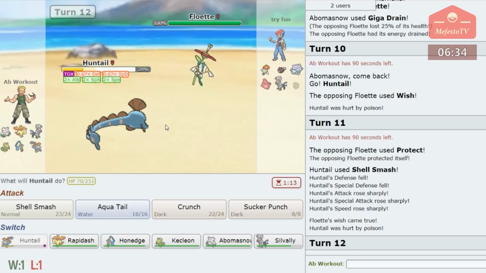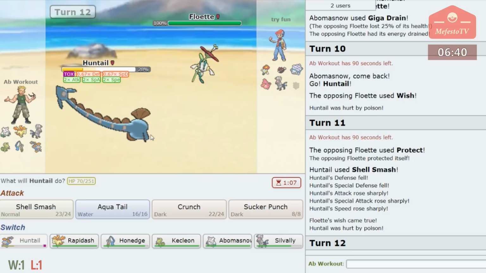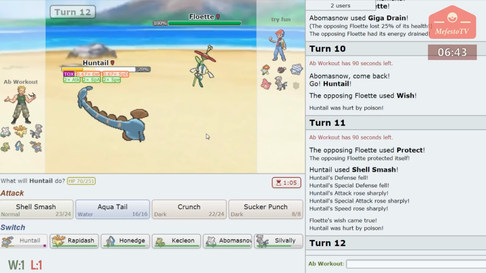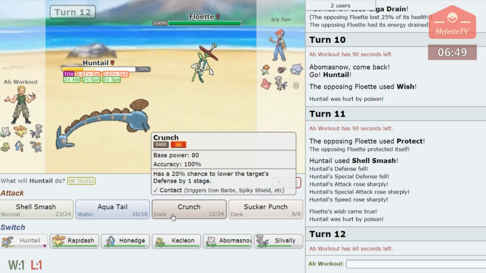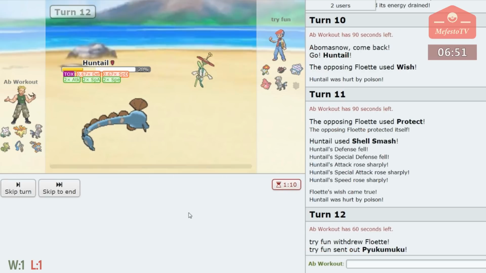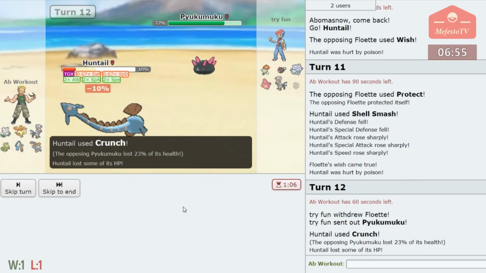We will be able to take the life. Oh, it's 18%. Damn! I thought the next damage was 60. Whatever. We cannot take the next life orb, unfortunately. And now we choose, do we go for Aqua Tail or Crunch? I think we go for Crunch, yeah. Is that, yeah, that's definitely